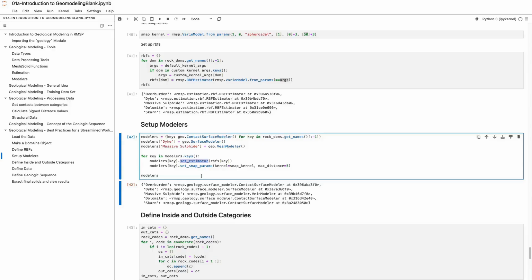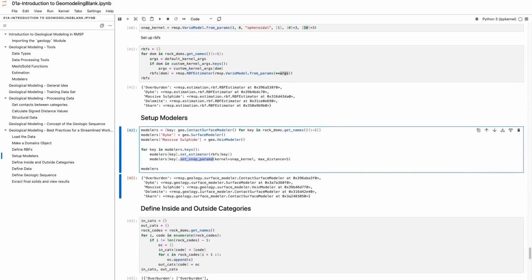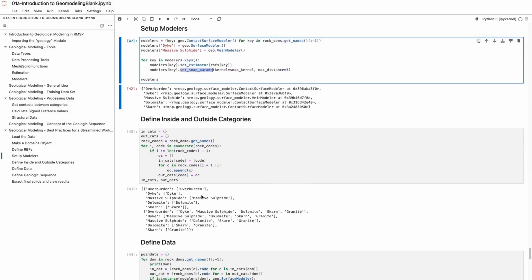But it is a very good practice to actually set your RBF parameters so that you are in control of what is happening. And in this case, I'm also setting my snap parameters to the models at that point. Okay. A very, very nice thing about